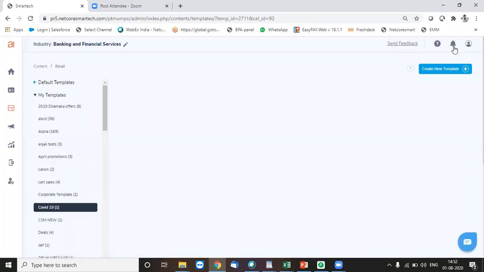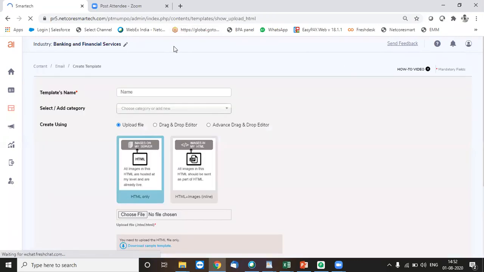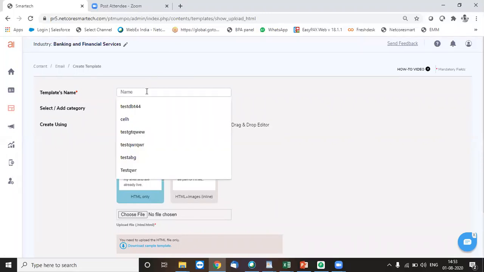Right, so I add my template over here. Now, one thing, how can I create a template with the other option, that is through HTML plus uploaded images, where I don't have hosted images? How do I upload images along with my HTML file? So in this case, let's take one more example.